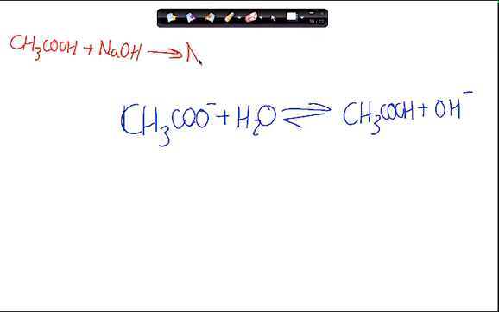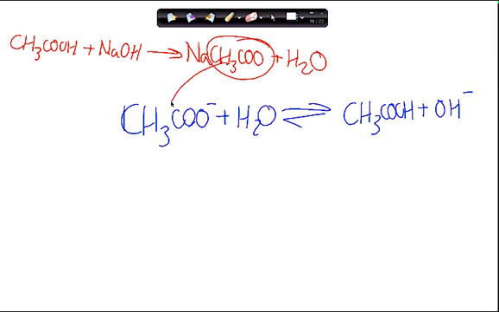When it does, that forms sodium acetate. I shouldn't have put that charge there. When it does, that forms sodium acetate and water. This acetate is that acetate. So guys, the idea here is that to figure out the pH at equivalence, this is the chemistry that we